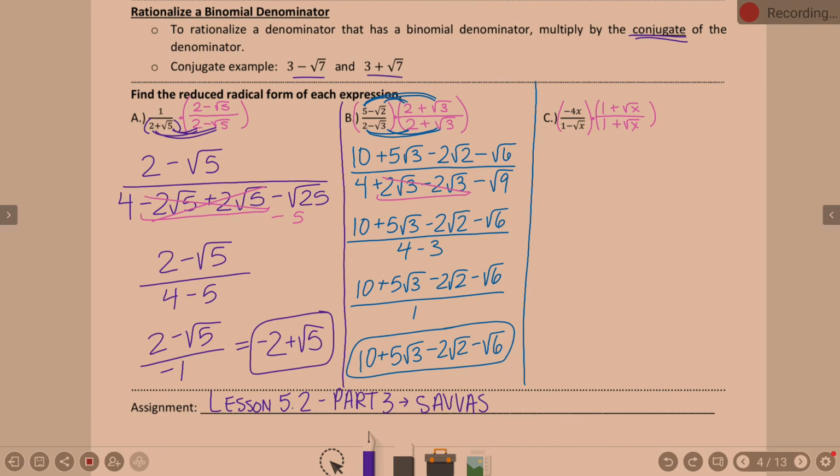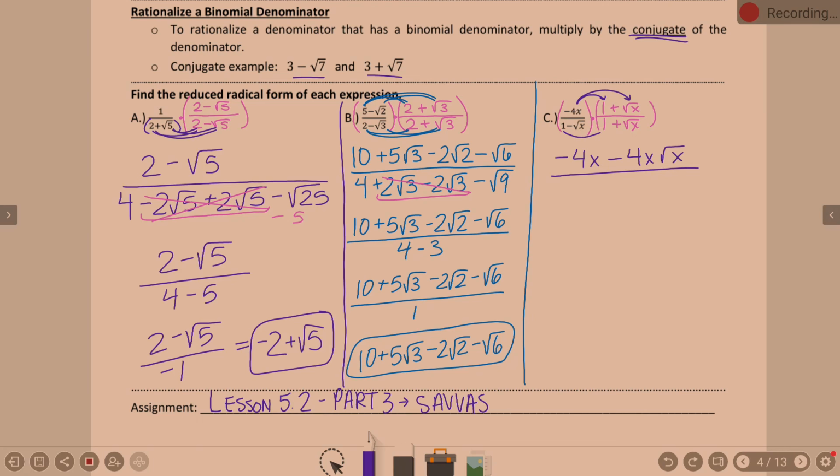How do I multiply my numerators? Yeah, you're going to take this negative 4x, and we're going to distribute. I got this. What is negative 4x times 1? Negative 4x. What is negative 4x times square root of x? Minus 4x square root of x. Okay? Over the denominator, we are